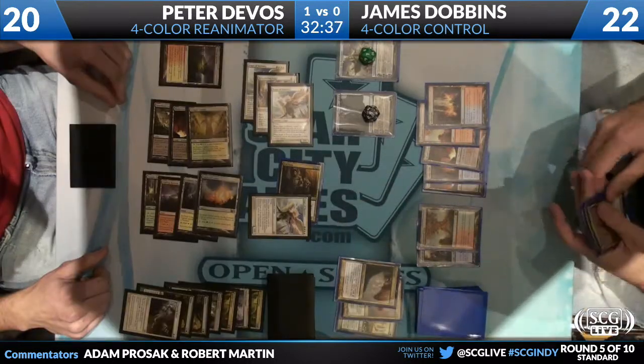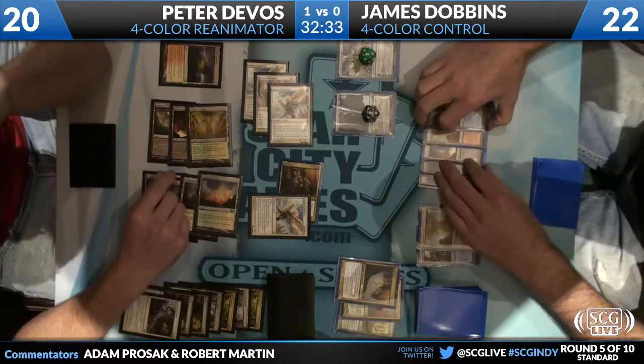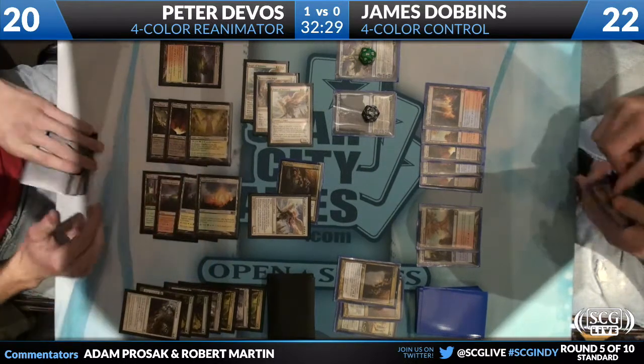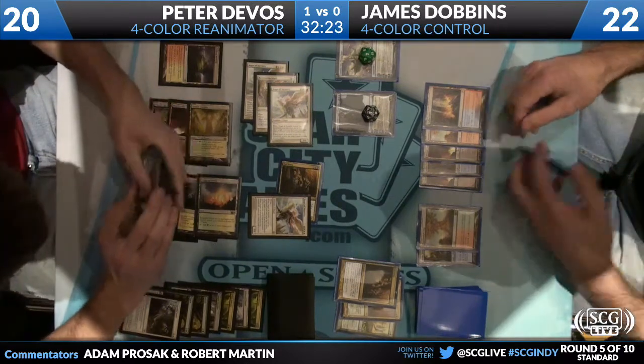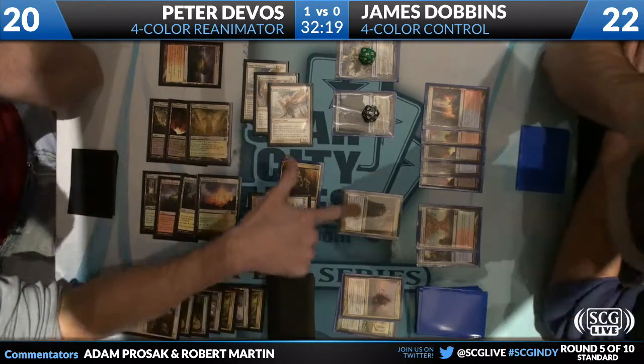Okay, I believe that's two more Evil Twins he flipped. Farseek, Huntmaster, Evil Twin is what I see. It's Huntmaster? Oh, yeah. Then he would have been forced to take an Evil Twin. Well, right, if you're him, probably taking an Evil Twin regardless. Yeah, because the best answer to...